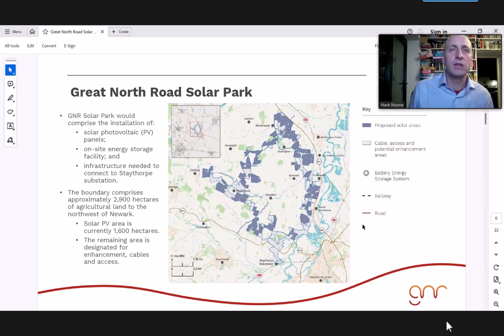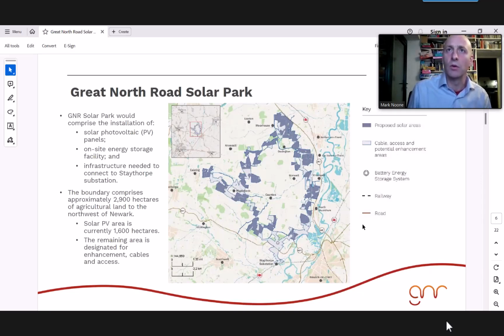So where we're doing different things with the land. And then in terms of scale, it's 2,900 hectares. 1,600 hectares of those are PV hectares. So that'll be where we're building the PV, and then the remaining area is those light blue areas. So 1,300 hectares of that at present. Some of that will just be back to agriculture. Some of that will be enhanced farming practices. Some of that will be wetland. Some of that will be woodland, wildflower planting, and all sorts of types of enhancement.